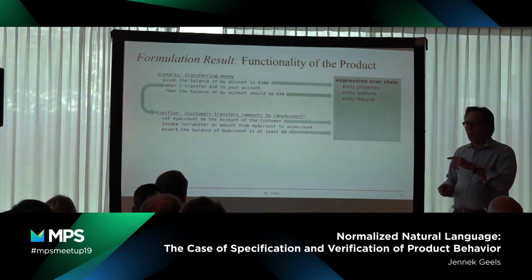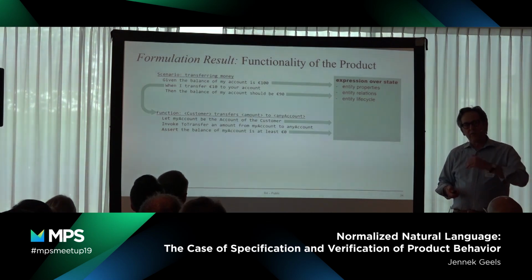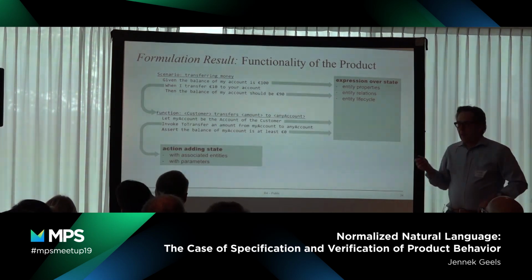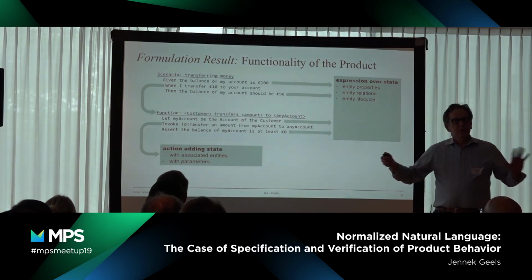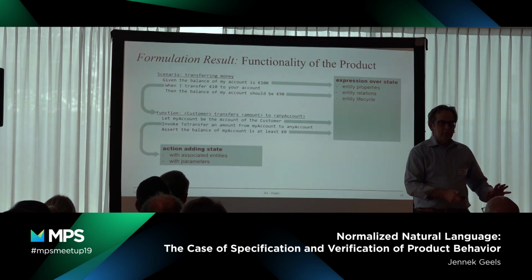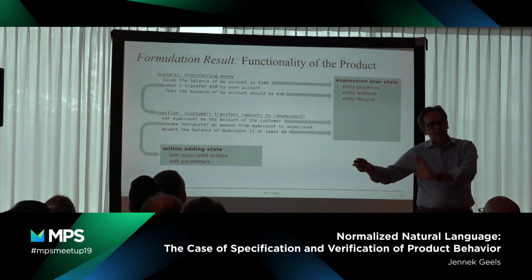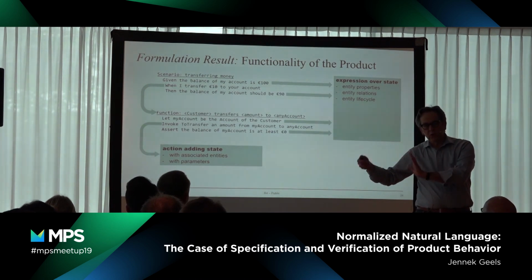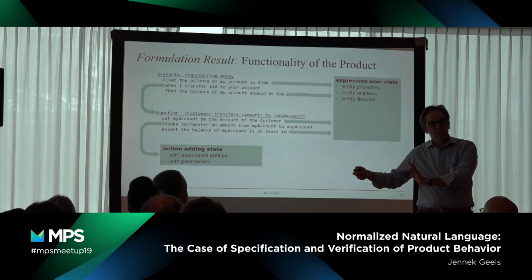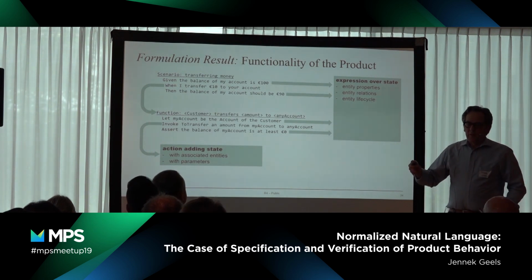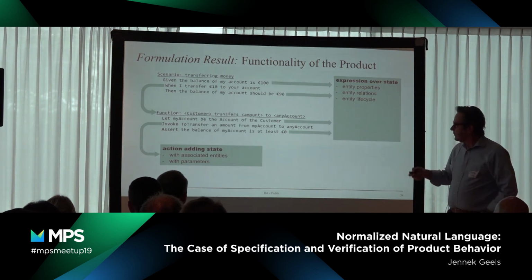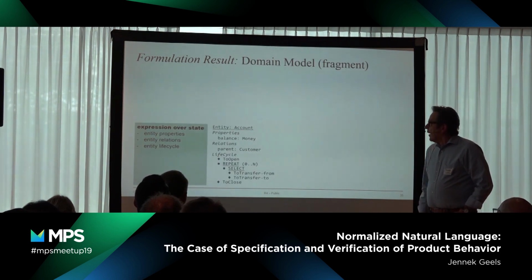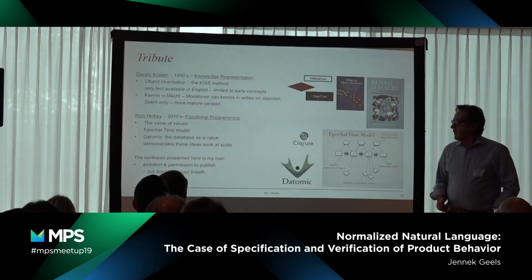And that also is a composition of expressions, and the action is as we've defined it. So we're actually playing on two tables. We're playing on the domain model table, where we flesh out what can happen in the domain, and we are playing on the function table, what you want your product to do. Maybe somebody wants a product where you can transfer from any account, or maybe a super admin can do that. So on the domain side, this is